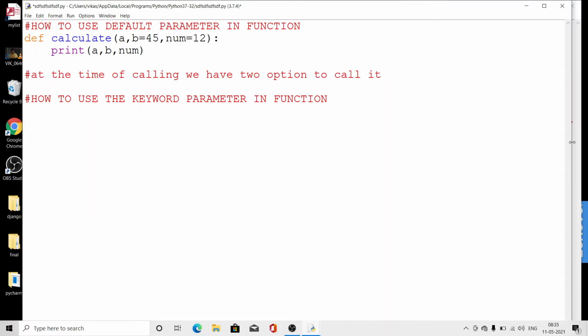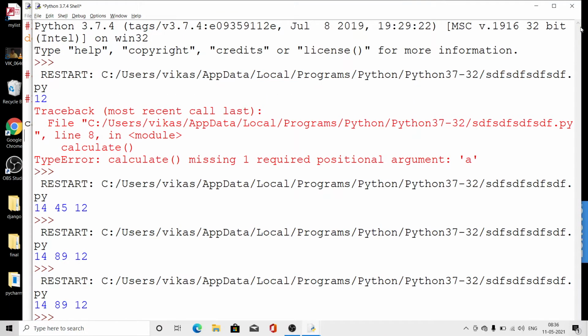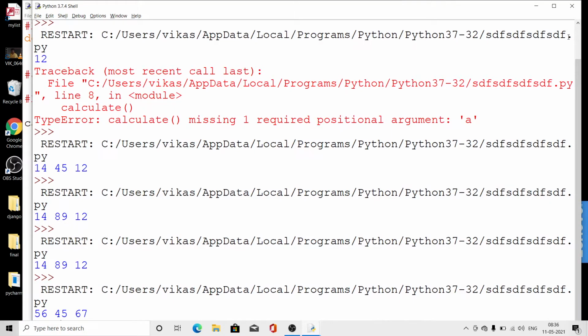If I want to change calculate, I need to pass the value of A as 56, comma, the value of num as 67. So I can use this. Now what will the value be? A 56, 45, 67. Run it. Okay, that is known as keyword calling.